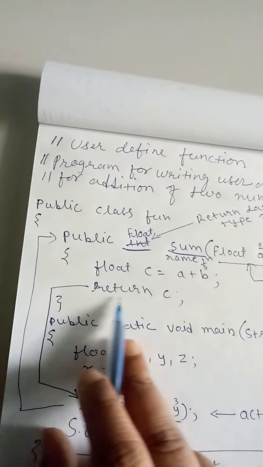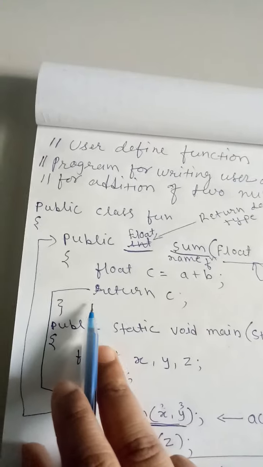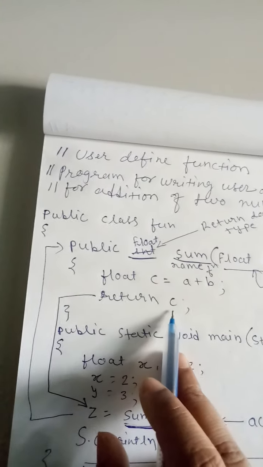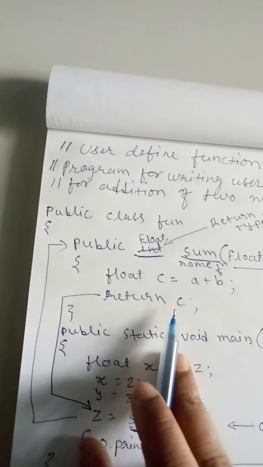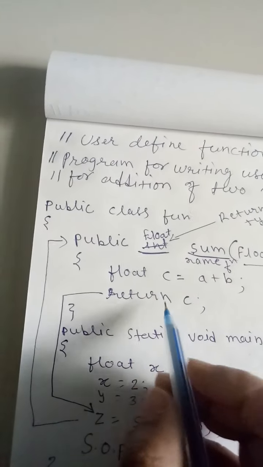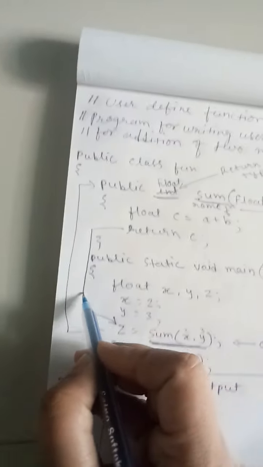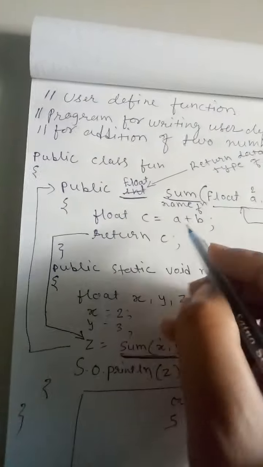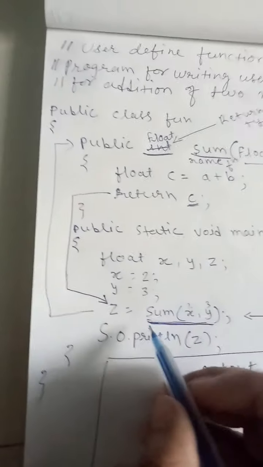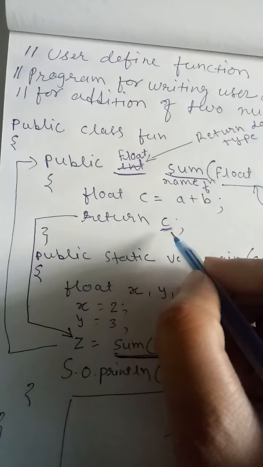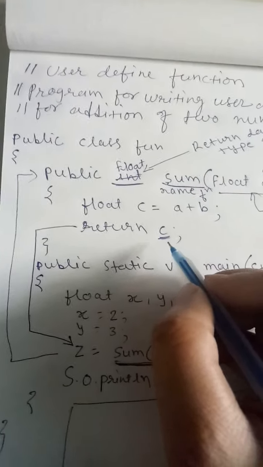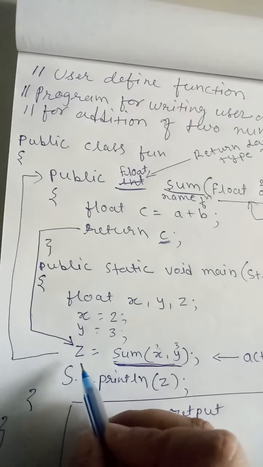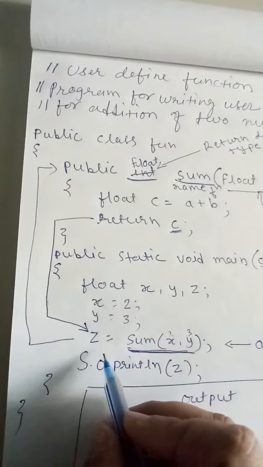I am not displaying the value of c over here, but what I am doing, I am just returning this value to somewhere. So where you will return this value? Actually this value you are returning to the main. So you can see this line, and after returning this value, the value of c will be copied into the z. So what was the value of c? It was 5. So now z is having the value of c, that is 5,